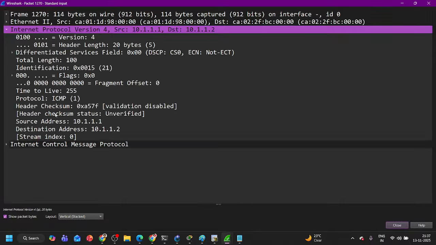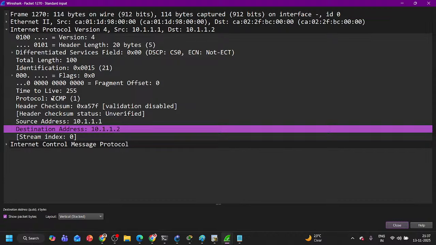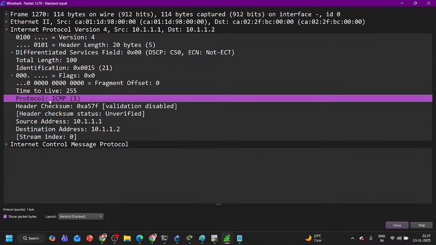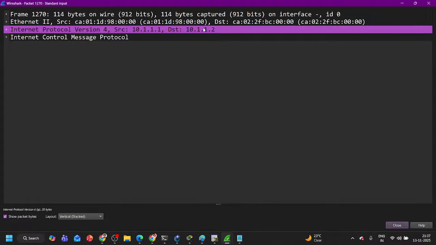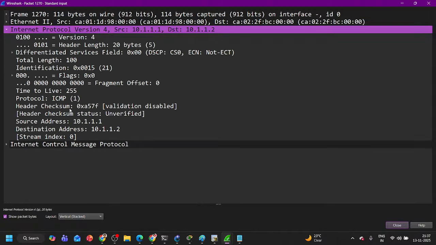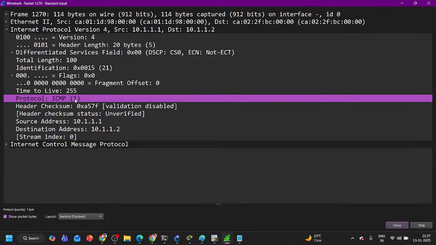Then the network layer header means the IP header. In the IPv4 header you can see source IP 10.1.1.1, destination IP 10.1.1.2, time to live, and protocol. The protocol value is 1. 1 is the protocol number of ICMP. What does it mean? It means that apart from this network layer header, whatever information is there is for the ICMP protocol. If the protocol number is 6, all the rest of the information is for the TCP protocol. If it is 17, it is for the UDP protocol. If it is 89,